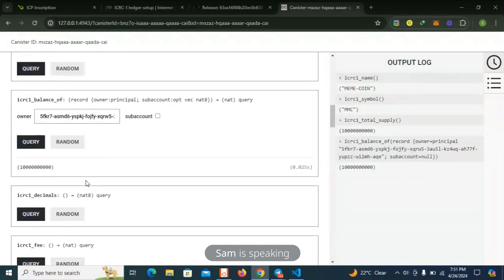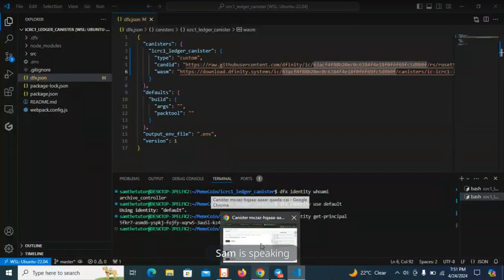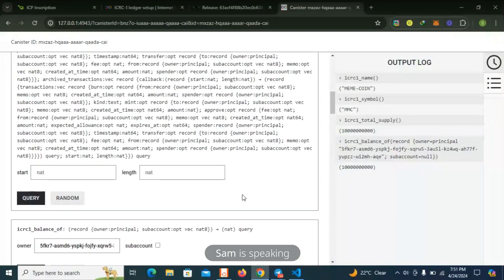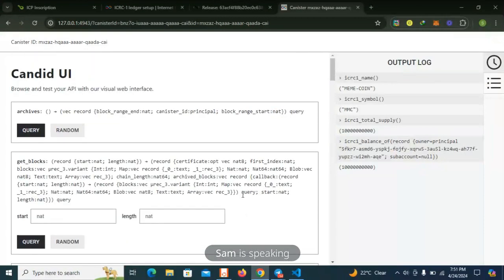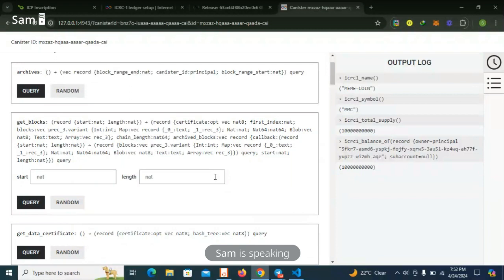What you can do with this is use this identity to send out some tokens to other principal addresses, or to other account IDs if they're supported. So you can start distributing your meme coin to other users. And this is the first step. I think we are done with it. Anyway, we are done with the first method of creating a meme coin on the internet computer,